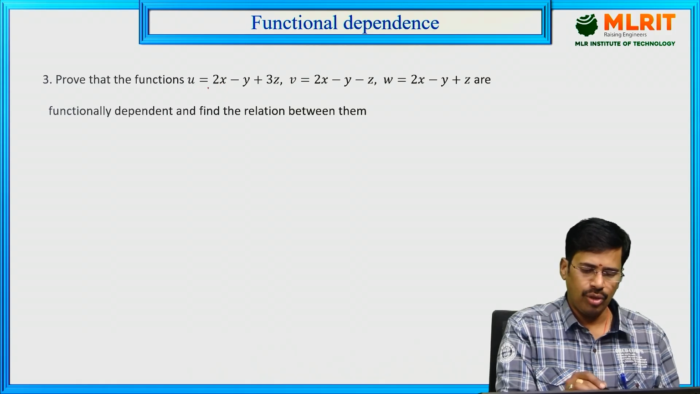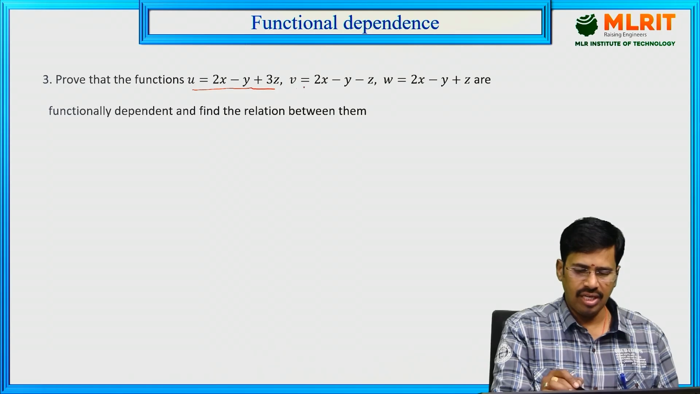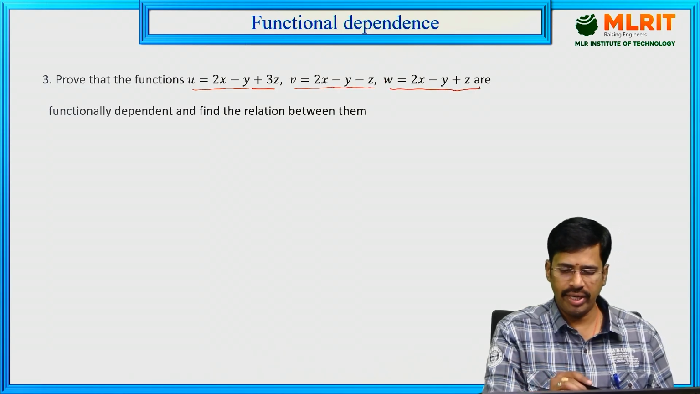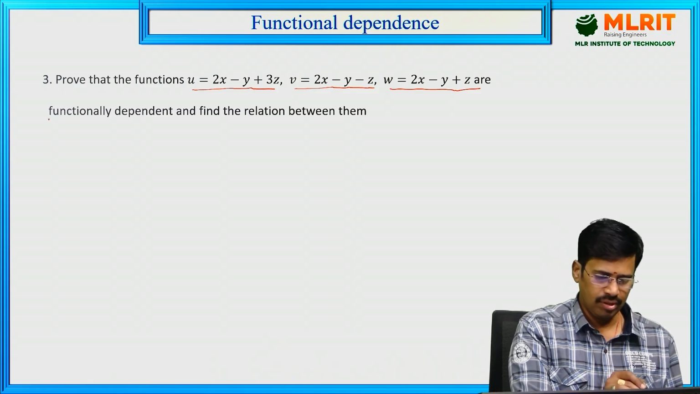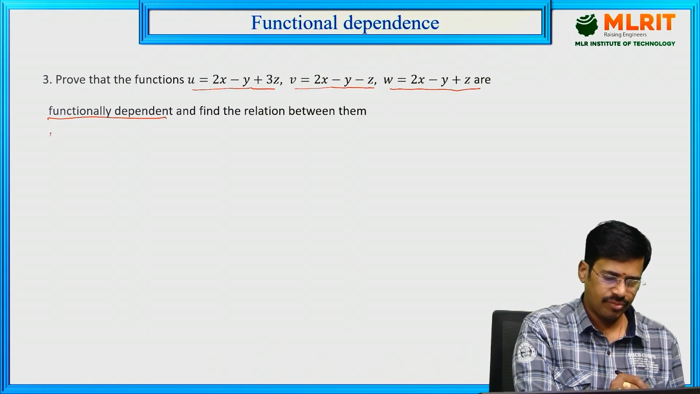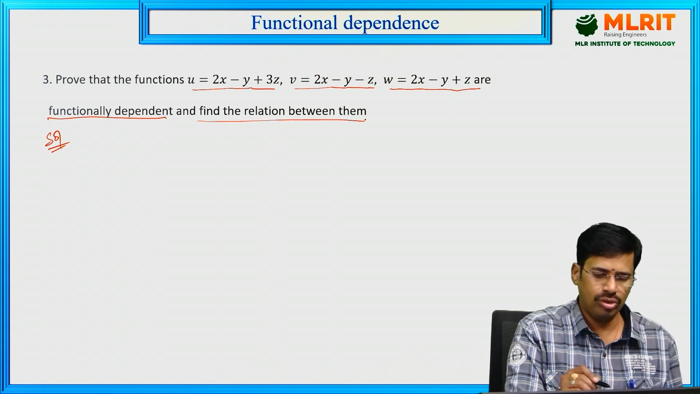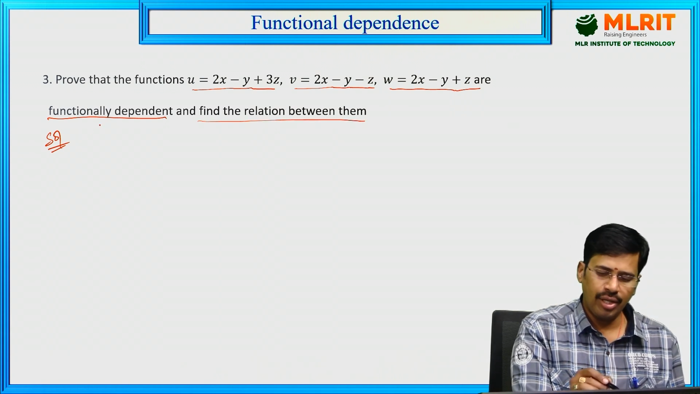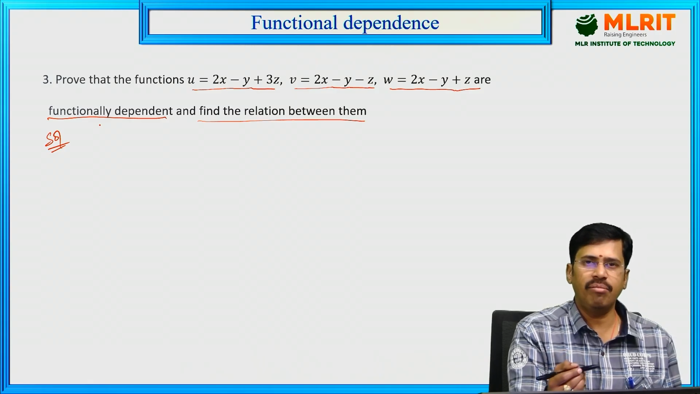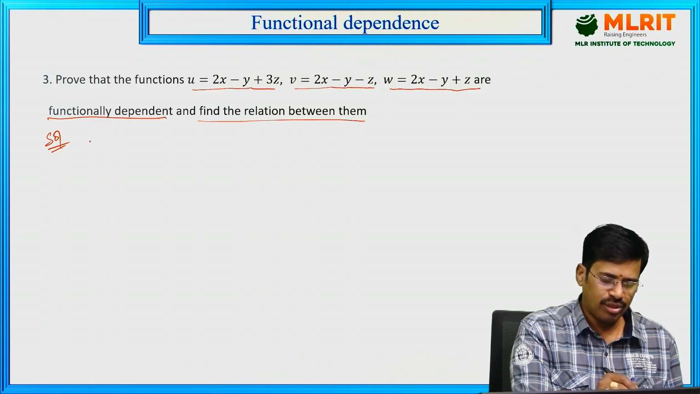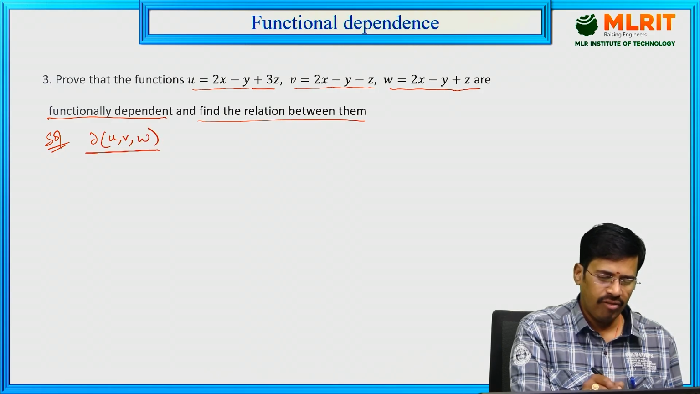Prove that u is equal to 2x minus y plus 3z, v is equal to 2x minus y minus z, w equal to 2x minus y plus z are functionally dependent. And if it is functionally dependent, we have to find the relation between those functions. Again, u, v, w are functions of three variables x, y, z, as we have done in the last problem. Jacobian of u, v, w with respect to x, y, z